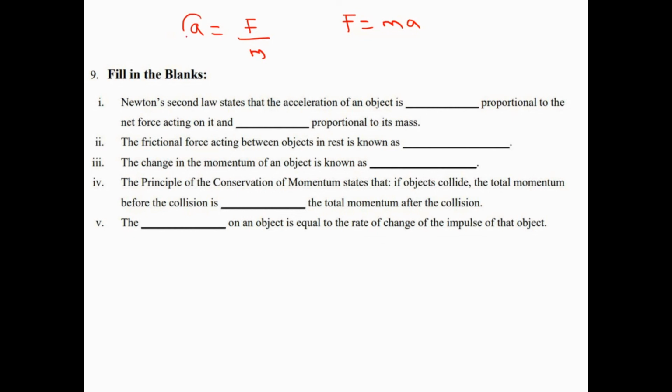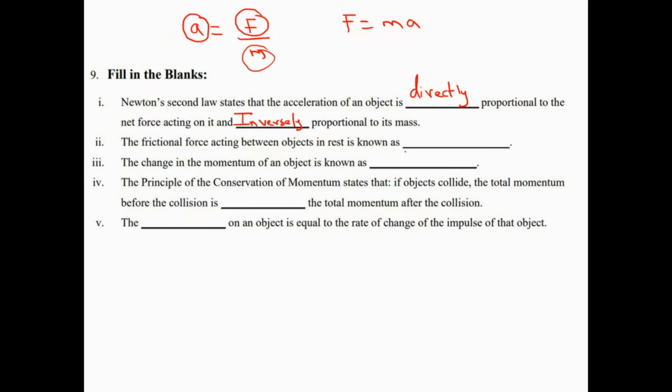That means the acceleration has a direct relation with the force, and the acceleration has an inverse relation with the mass. So we can easily answer. The acceleration of an object is directly proportional to the net force acting on it and inversely proportional to the mass. The second question, the frictional force acting between the objects at rest is known as,